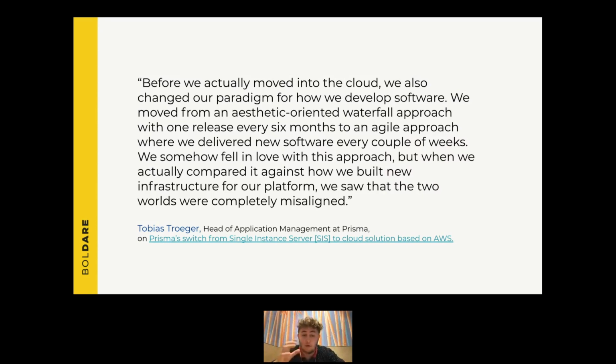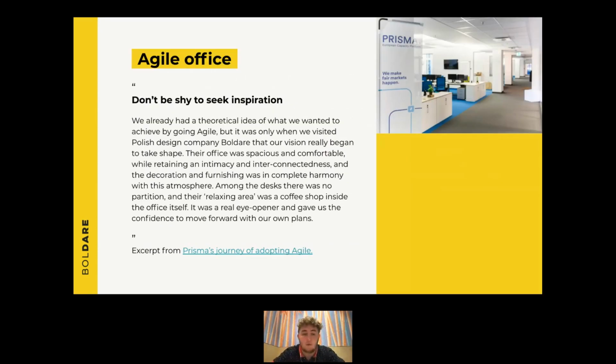So that's beautiful. If you want to understand more how it's connected to the platform, just have a look at the blog post. A specific excerpt from it is that when they came, much before COVID, to the Boldare office, they saw this open space concept and how it embraces agile thinking and being connected very close to each other. Then they were also amazed by these values, obvious values from it.